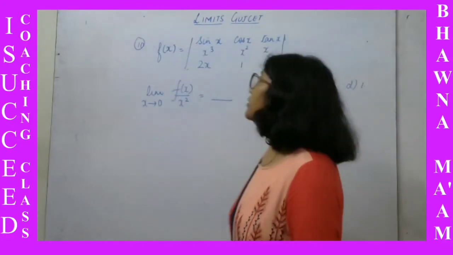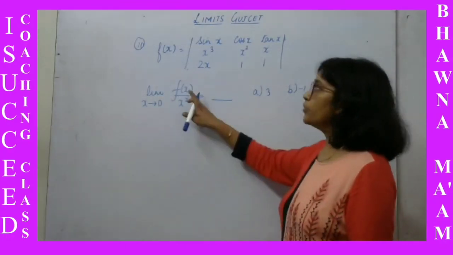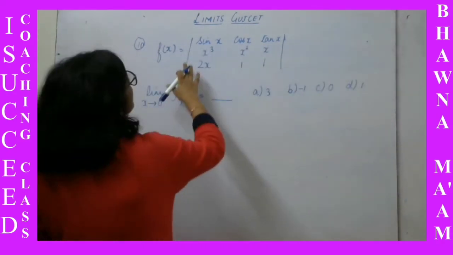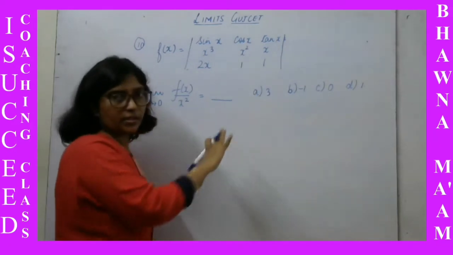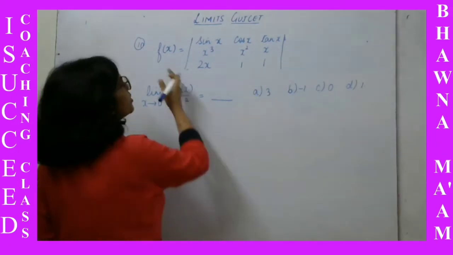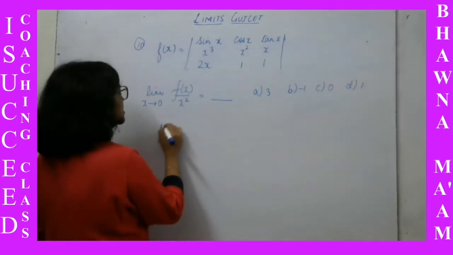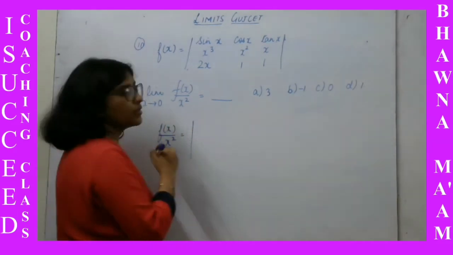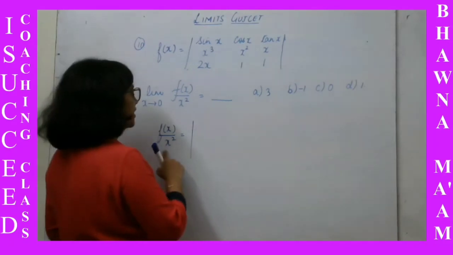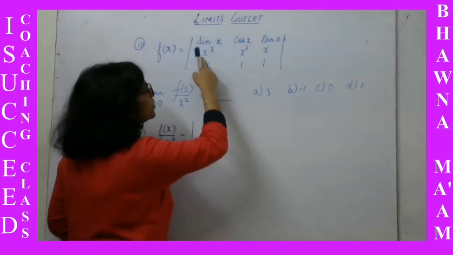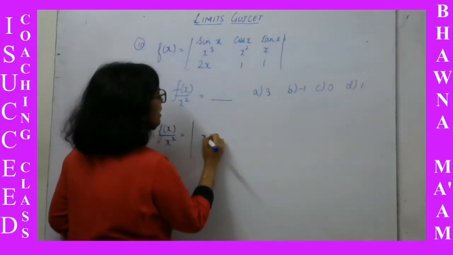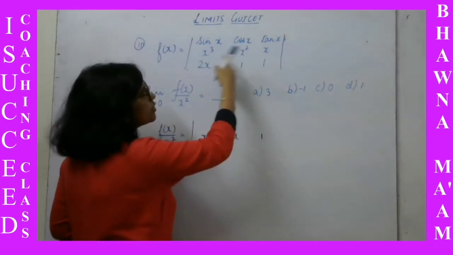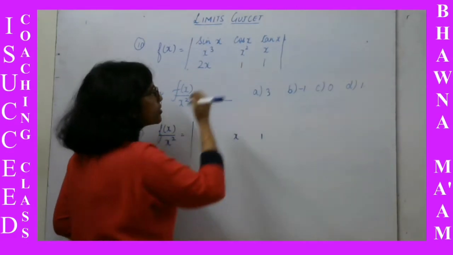Here we are having a determinant question with a limit over here, and we want to find f(x) upon x square. So we need to expand the determinant and divide it by x square, or if we just take 1 upon x square within the determinant, then you have to think which row or which column you will divide by x square. I am going to divide the second row by x first, so that it will become non-zero, otherwise it would have been 0, 0, 0.